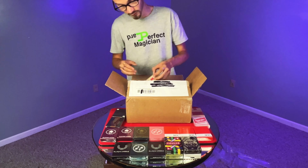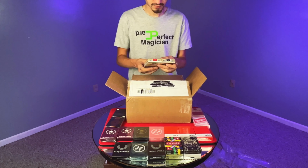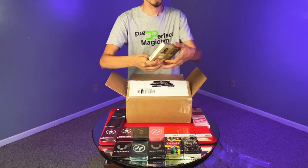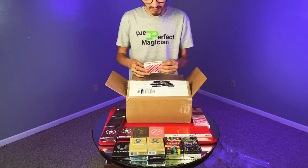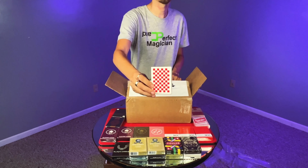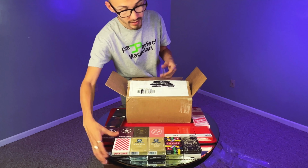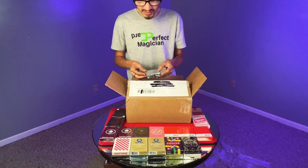Stinking fun. Alright, we have 2 of the blue ribbon deck. What? We have a blue seal and a red seal. That is wild. Can't wait to see the difference between that. Like, what's the difference? We have a blue seal and a red seal. Okay. We have the Anyone Worldwide. We have the red checkers, which I don't have any of those either. How do I not have any of these decks? This is unbelievable. The Jack, Ace, Queen, King